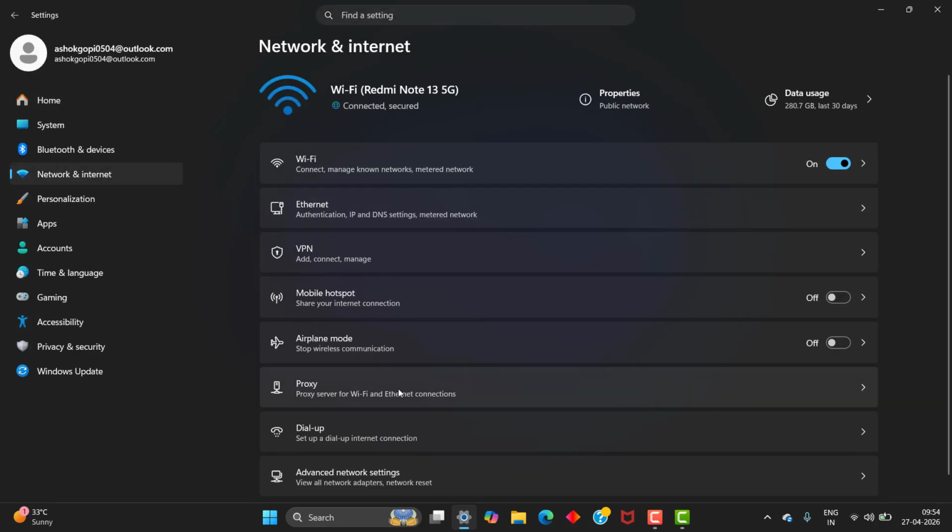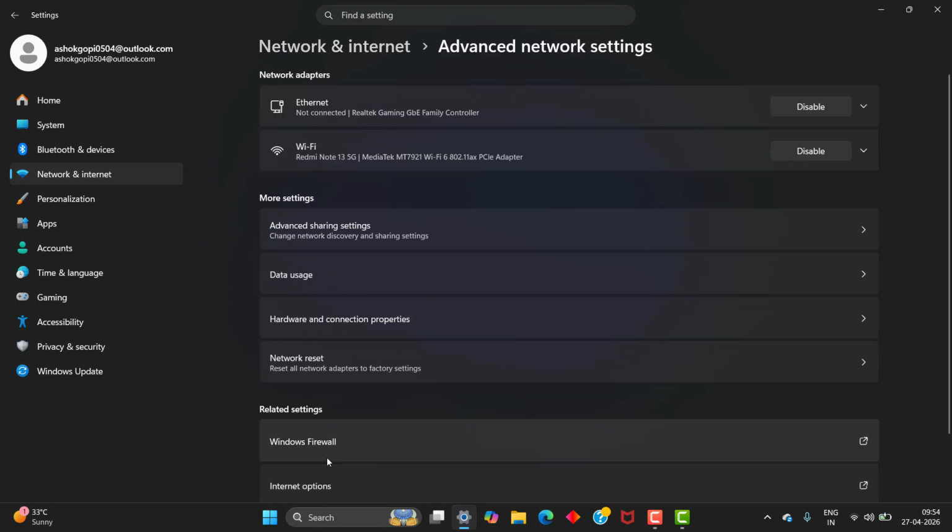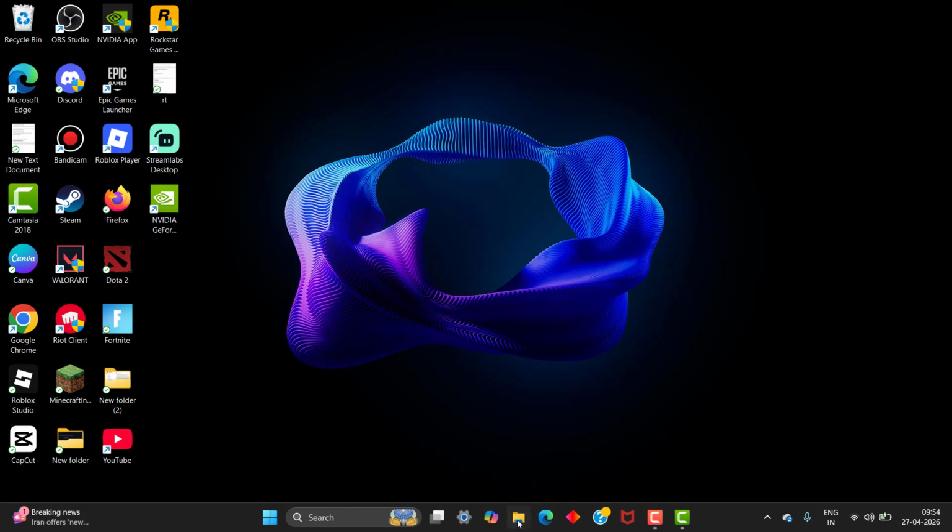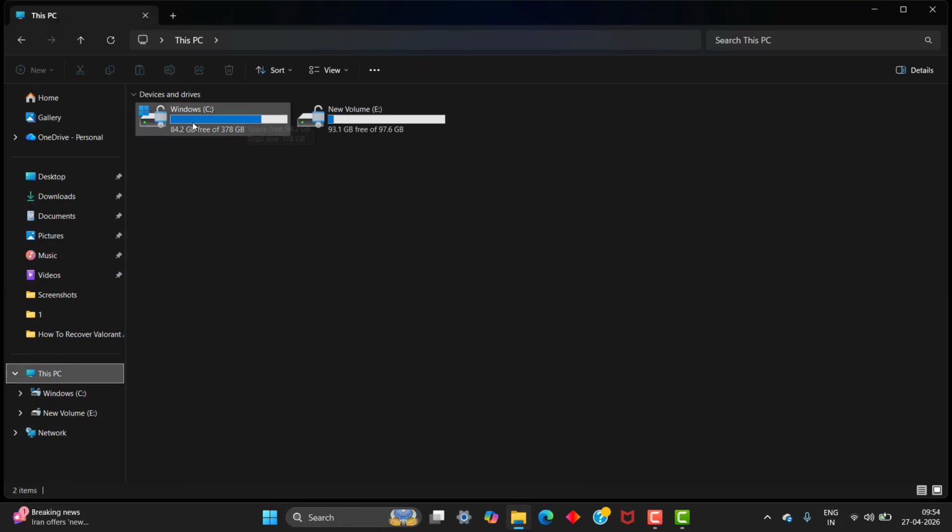to go to network and internet settings and you need to scroll down. In this, go to advanced and go to network reset, and here network reset is that you need to click reset now. Once you reset, it will reset the entire network settings, and after that go to C drive,